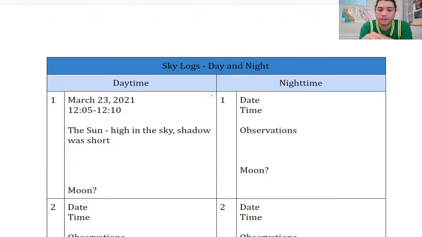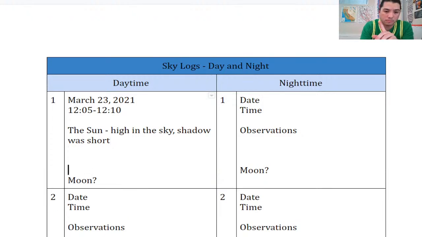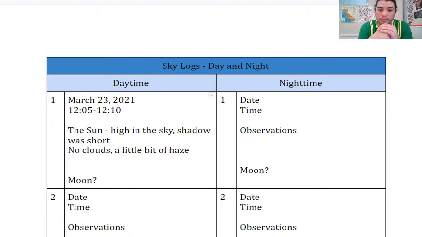And other things that I saw. Now, be warned, I did not see a lot, because again, it's a sunny day. No clouds. I'm even going to put that down. No clouds. I expected maybe I'd see some clouds, but no clouds. There was a little bit of haze, right? Maybe that's smog from cars and pollution. Maybe that's just some kind of low, mini fog's younger brother kind of hanging around, right? Could be those things. I saw an airplane,